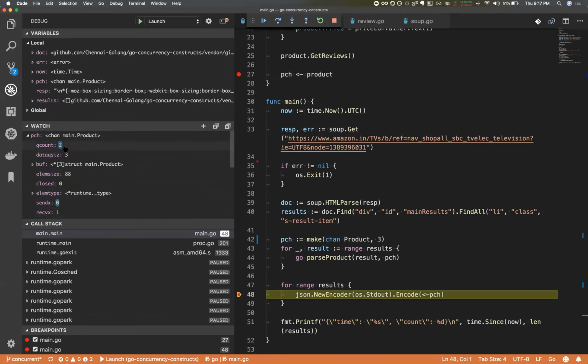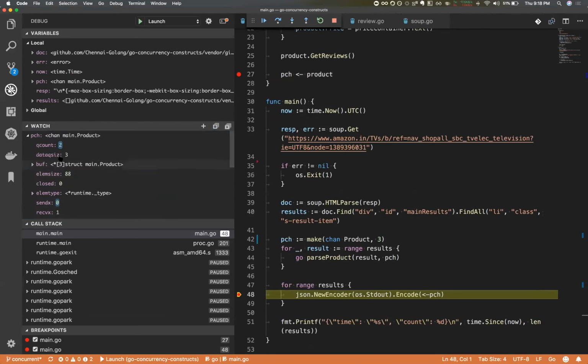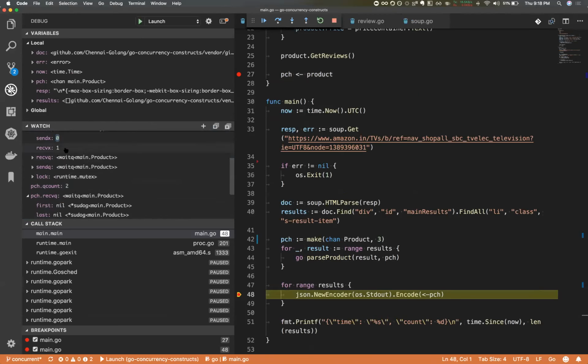Right, that's right. But if you look at the queue count in the previous example, the queue count was 1. So based on that, you can determine if the buffer has only one slot filled or multiple slots filled. So right now I know queue count is 2 and receiveX is 1.